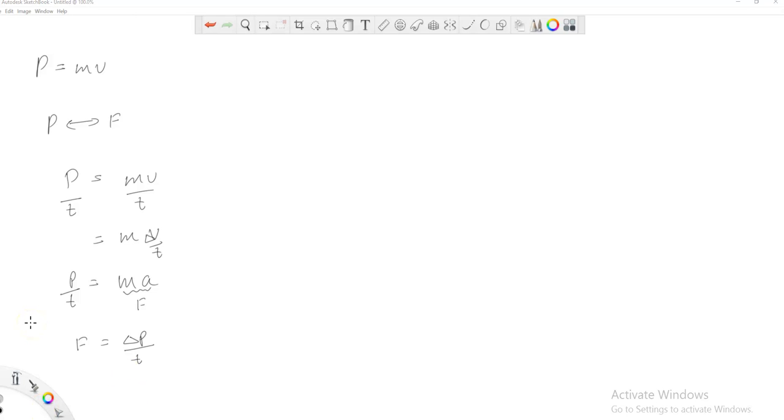So as I said, force can be defined as the momentum change divided by time. So let me write it over here. F equals change in momentum over time. What does this mean? So as I explained, if we